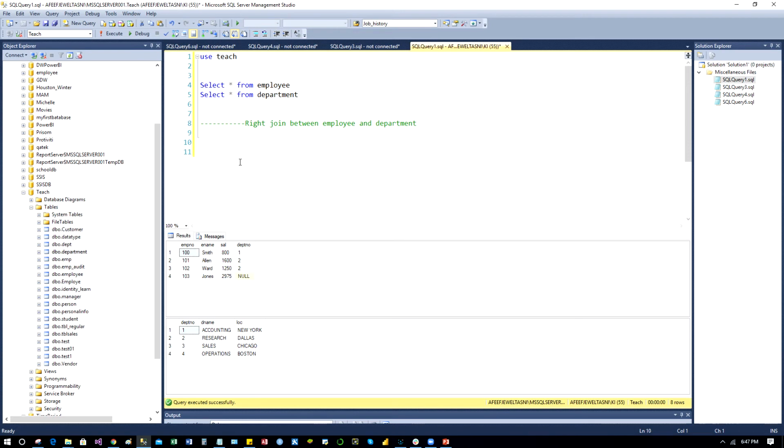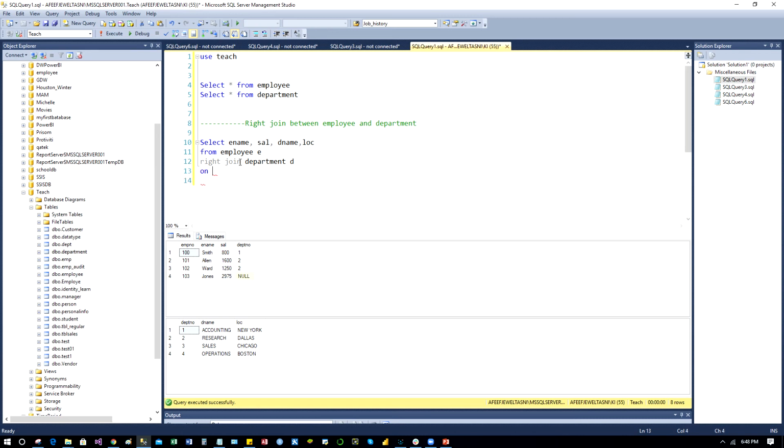So you have to write the query: select. We take a couple of columns from both tables: name, salary, and department name, and the location from employee, and we can give the alias e, and then we can do the right join department, we can give alias d.